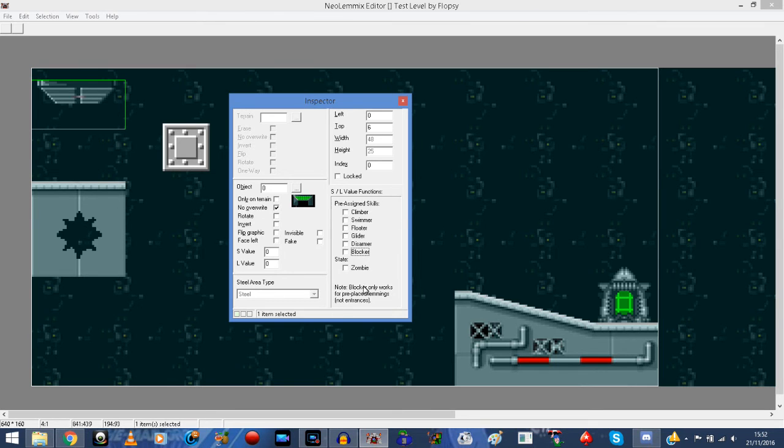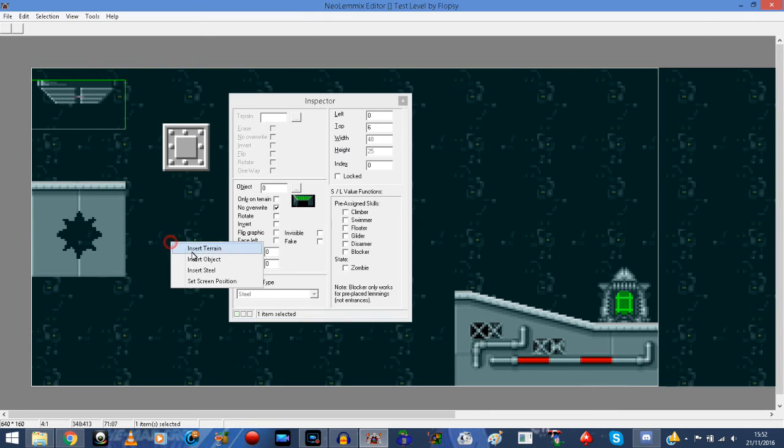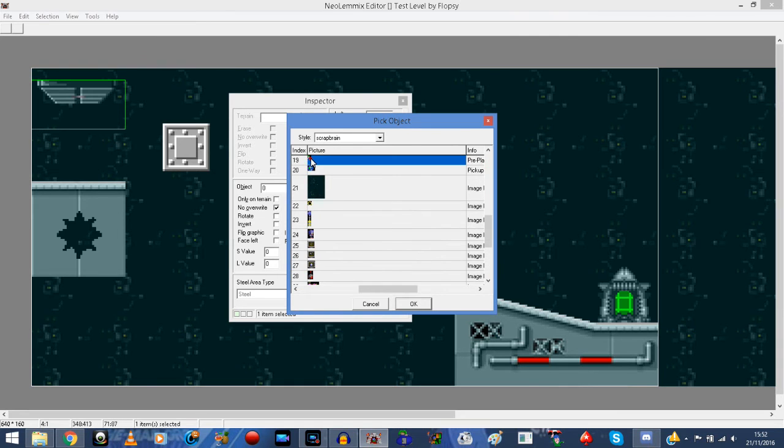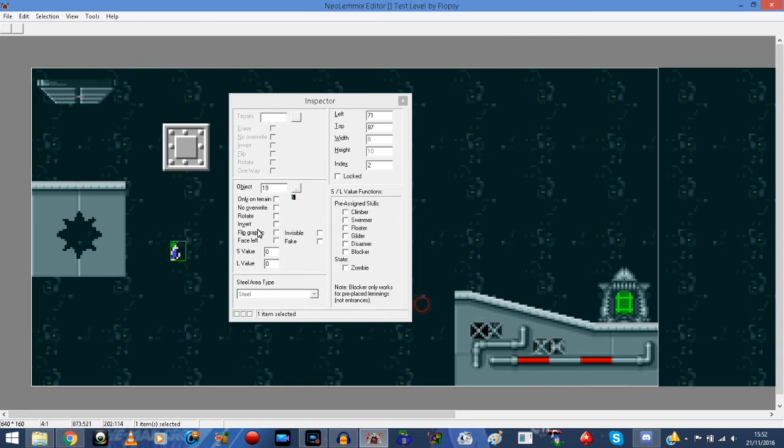Also, it has a note down here for blockers. You can't actually have blockers come out of the trapdoors. It only works for pre-placed lemmings. So if we have a pre-placed lemming, which we can have if we go to put a pre-placed lemming down in the objects,